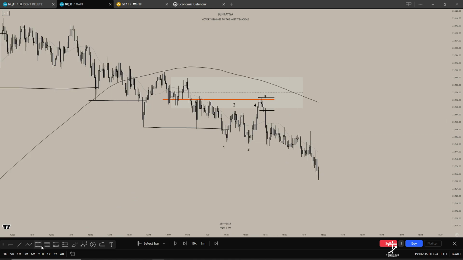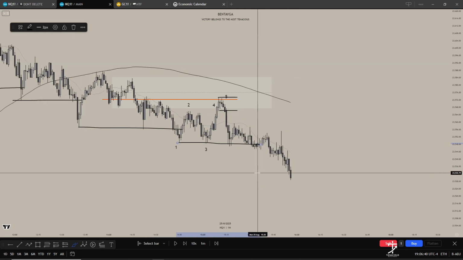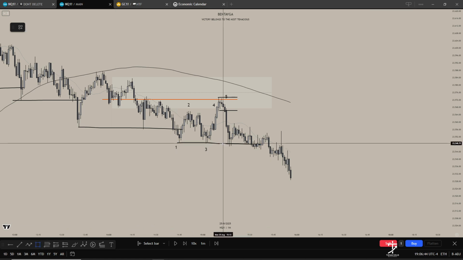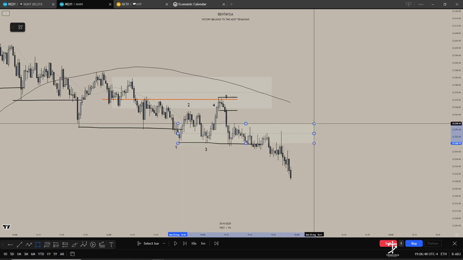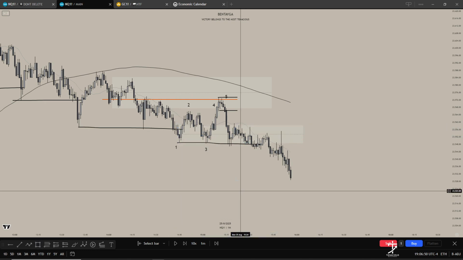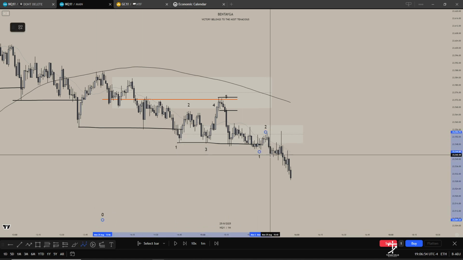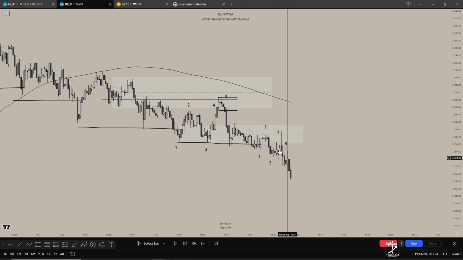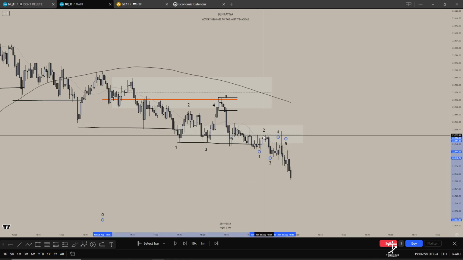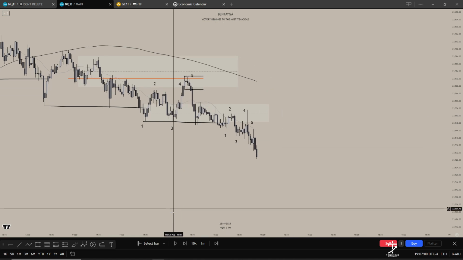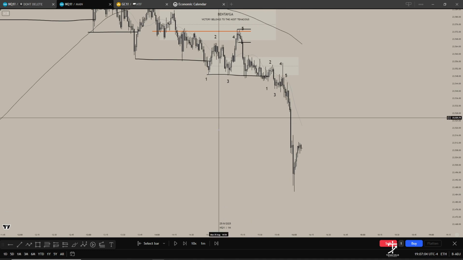Let's say you missed that, not a problem. What happened? Price closed below these lows here, and it looks like we have SBS model 1. Probably not the cleanest SBS model 1, if I'm going to be completely honest, but we do have 1, 2, 3, 4, 5, and then that might be the trade that you take, which helps you take the trade lower, and then price just dumps.